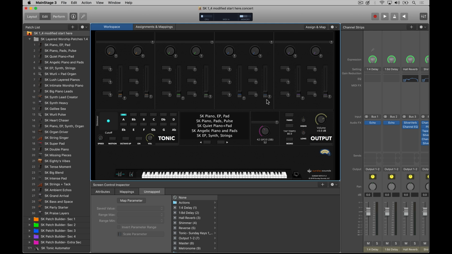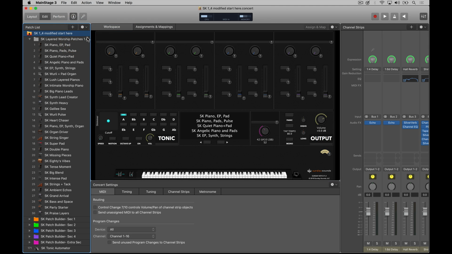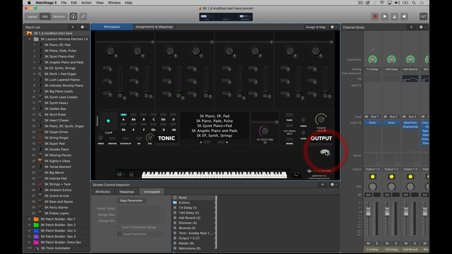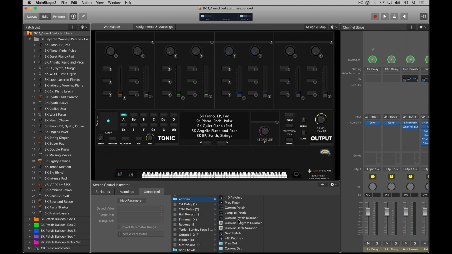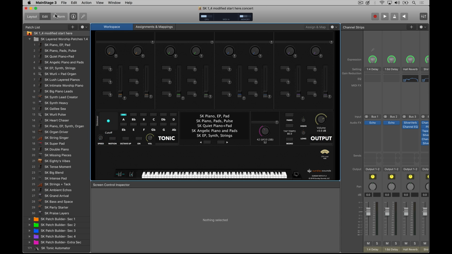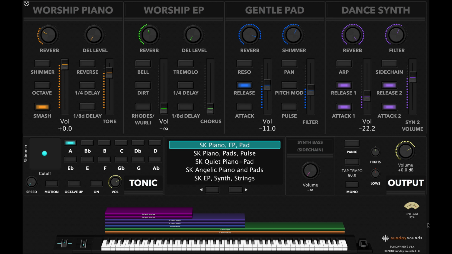So in order to set this up, all you do is go to the concert level here in edit mode, click on the VU meter, and then you're going to go to Actions. You're going to scroll down until you see CPU load. And then you'll see that you have this little on-screen reference when in perform mode that gives you an idea